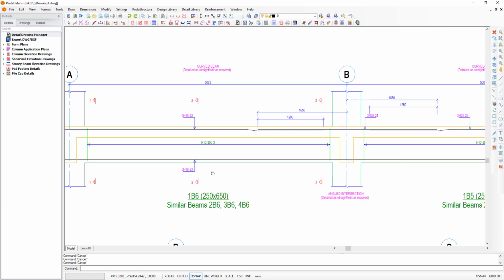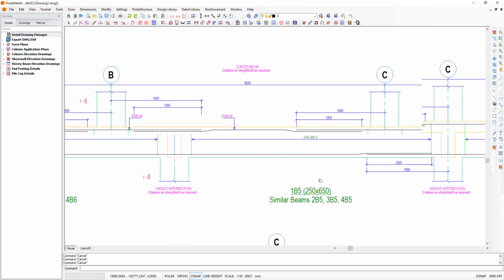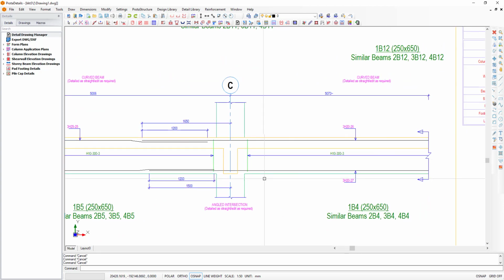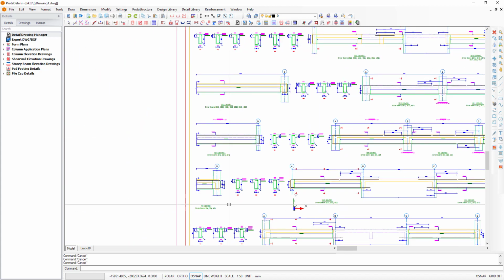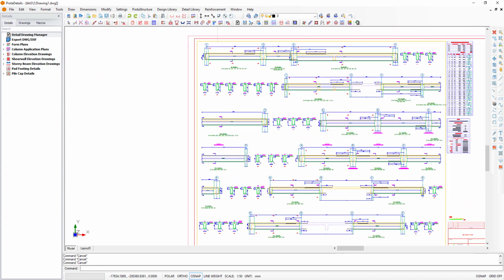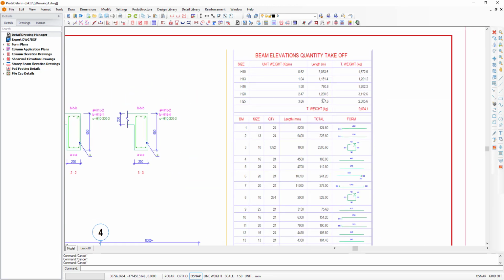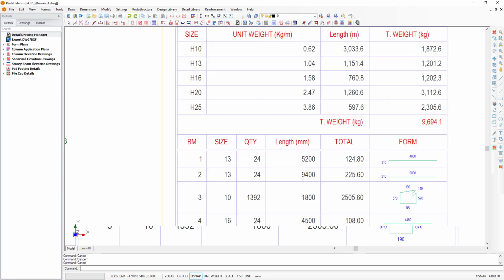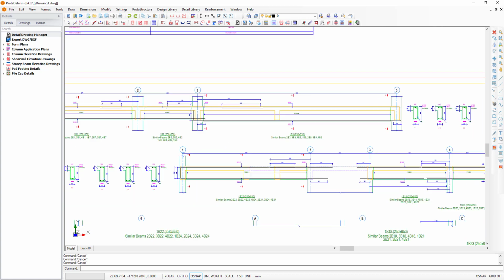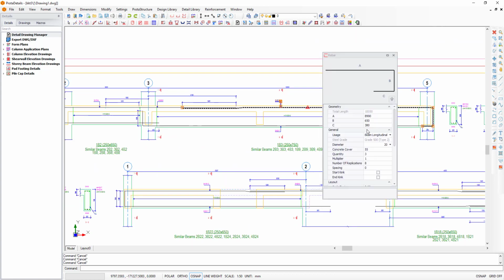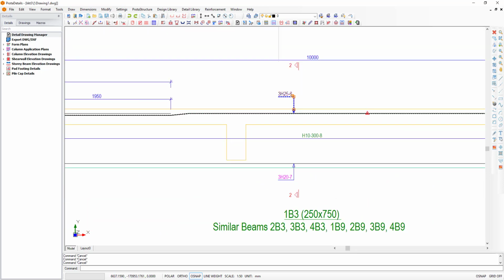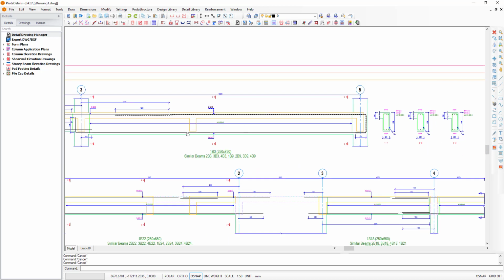See how ProtaDetails has cropped these beams and neatly placed them into the title blocks. Full quantities, including bar bending schedules, can also be created, enabling you to compare different schemes and provide accurate project cost information to clients. Take advantage of ProtaDetails' full CAD drafting capabilities in DWG, as well as using intuitive drafting